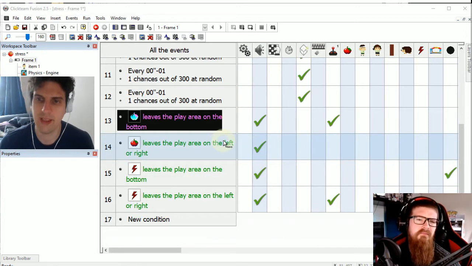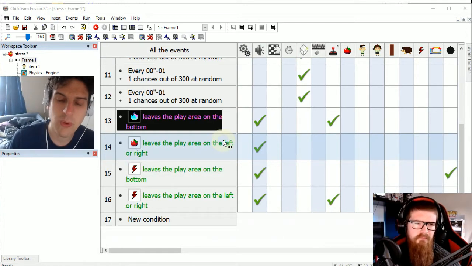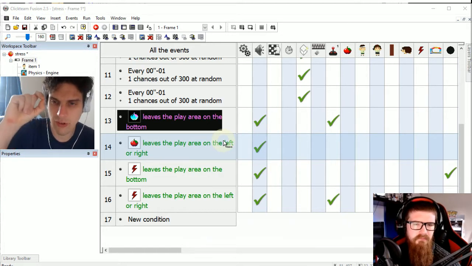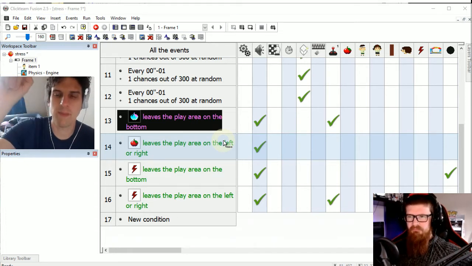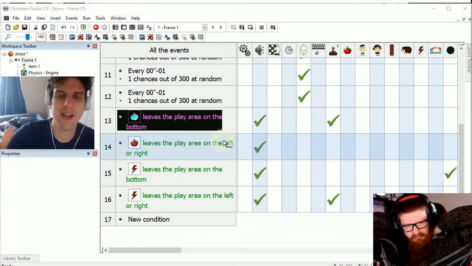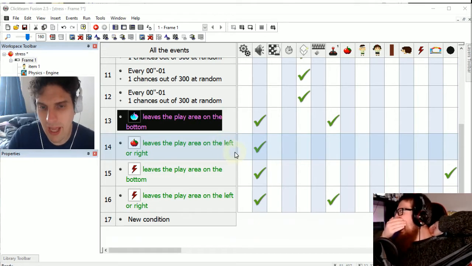So I think that because we're using physics, it's dealing with fractions of a pixel. So it thinks, oh, they're in the play area, oh, they're not, oh, they are. So then it's playing the sound as they go in.